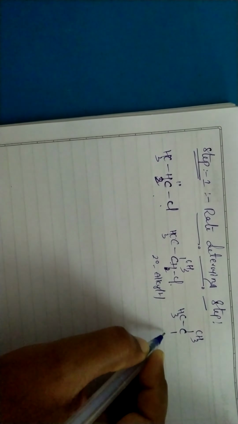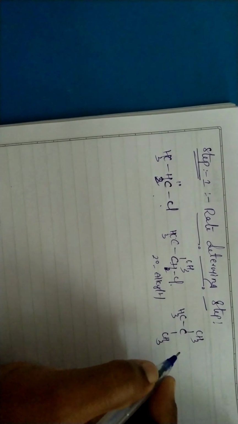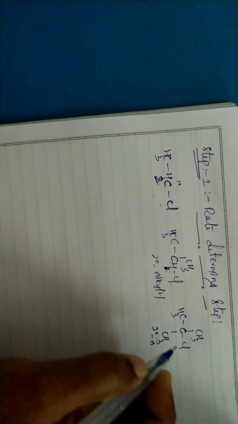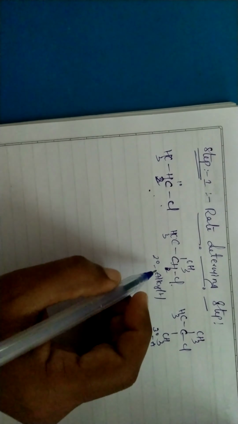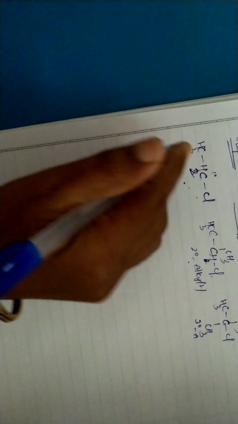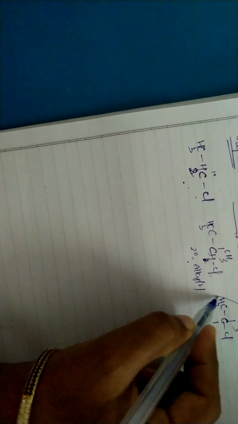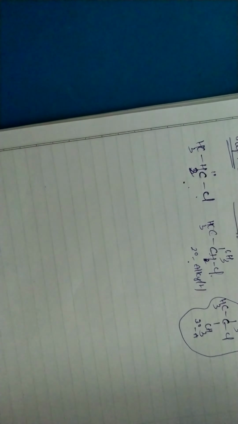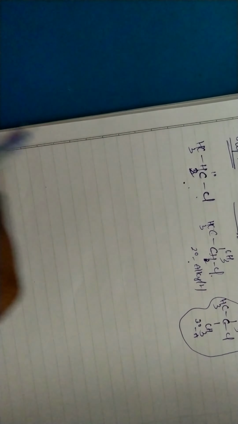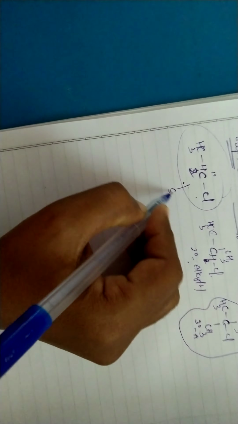So what is meant by tertiary carbon? If a carbon is connected with three carbons, that is called a tertiary alkyl halide. So now we have primary alkyl halide, secondary alkyl halide, and tertiary alkyl halide. In an SN1 reaction, these tertiary alkyl halides will undergo SN1 reaction only. Next, the primary alkyl halides will undergo SN2 reaction.